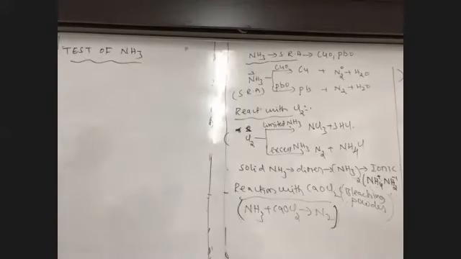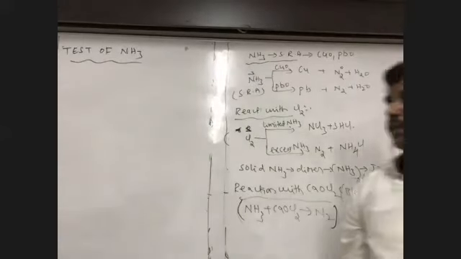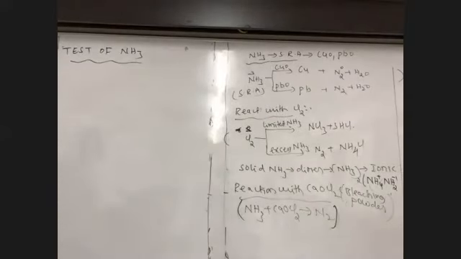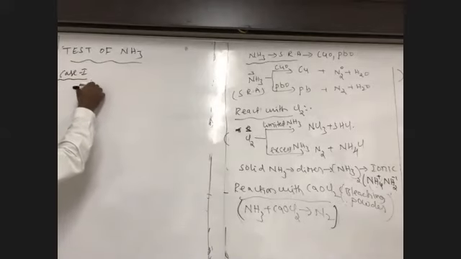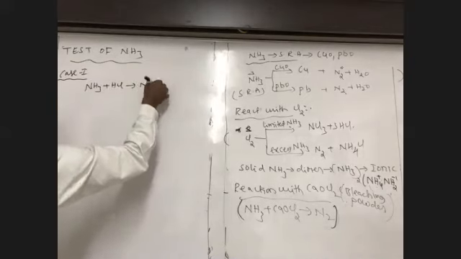Next is the identification of ammonia, that is, the testing of ammonia. Generally, any ammonium salt on strong heating produces a smell of ammonia. That indicates the salt contains some ammonium compound. In the second case, ammonia can be identified by using HCl solution, when ammonia combines with HCl to form NH4Cl.